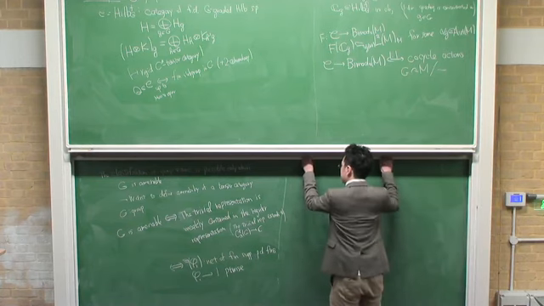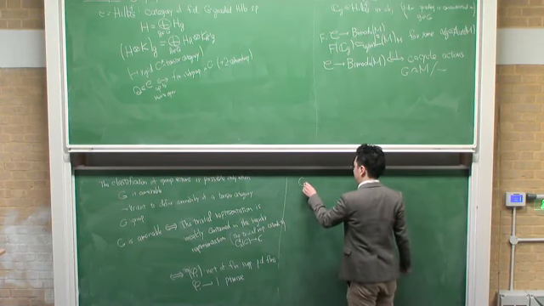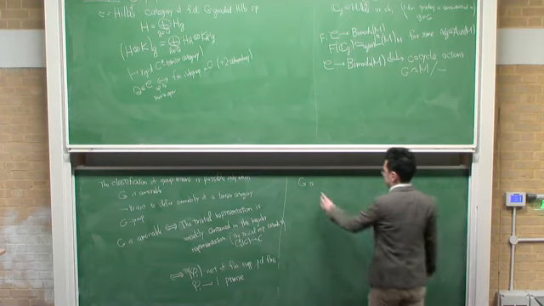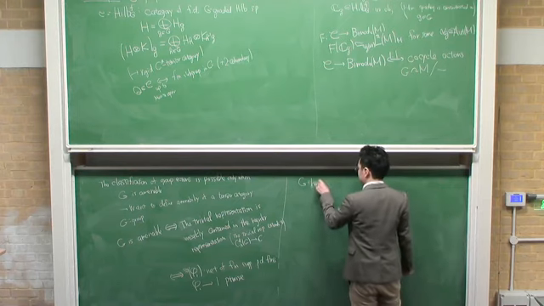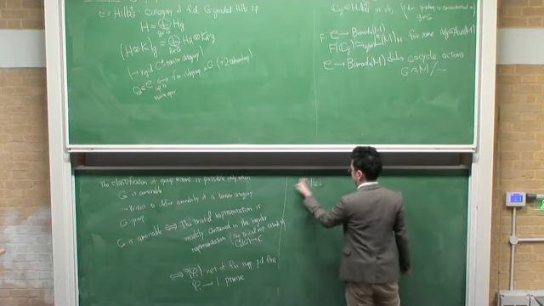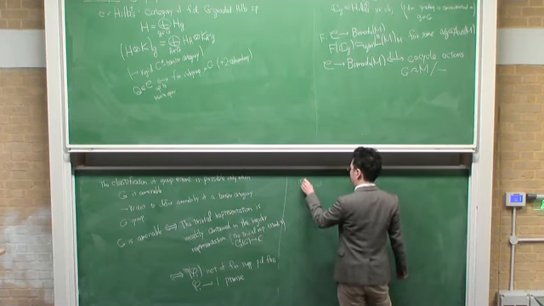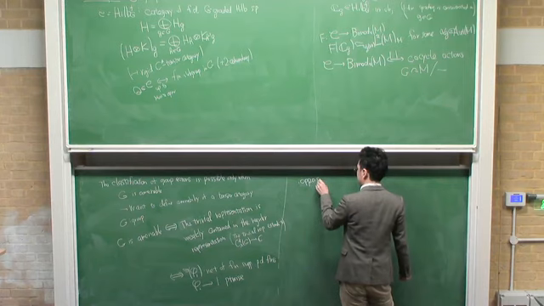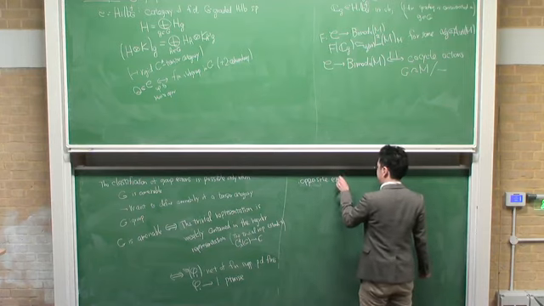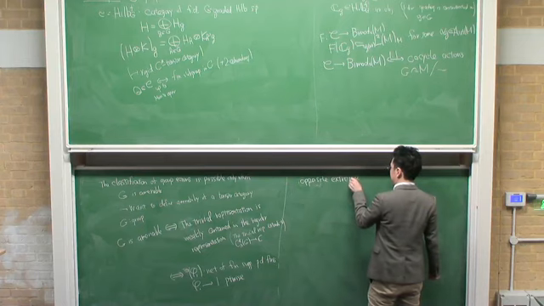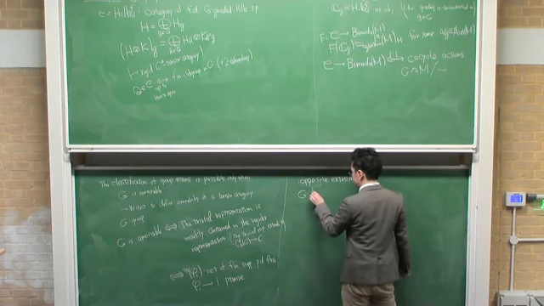And G has property T, as an opposite extreme, when